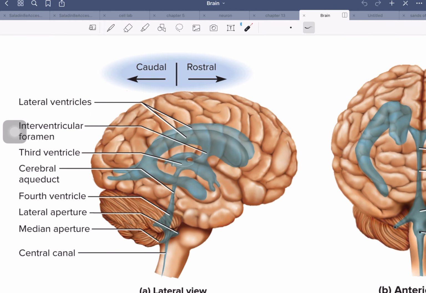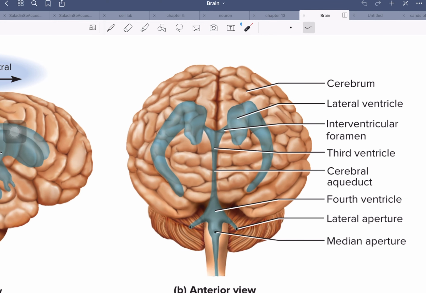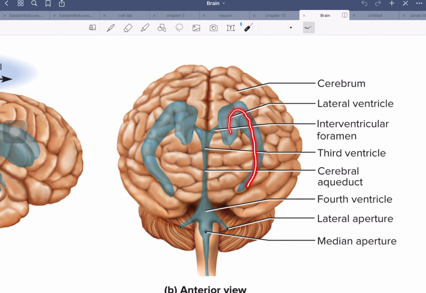Here is the ventricular network, and we have two ventricles. We have one lateral ventricle, and behind it we have a second lateral ventricle, and one occupies each of the hemispheres, and you can see that horn shape to it. Now, these are ventricles 1 and 2, but we just call them the lateral ventricles. So here's one ventricle, here's another. You can see the shape of each one,